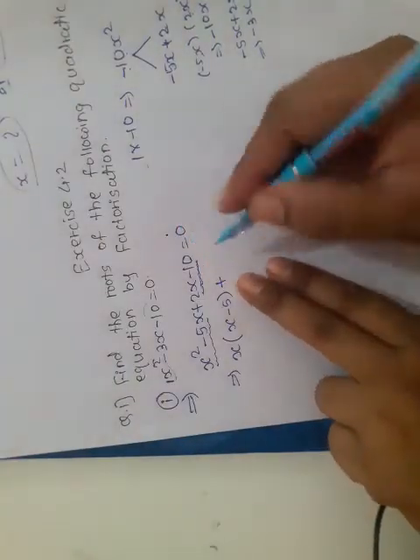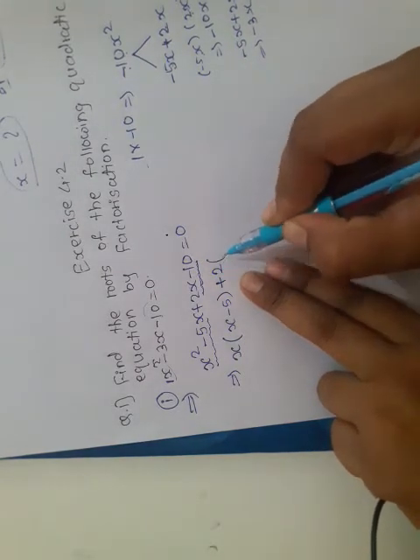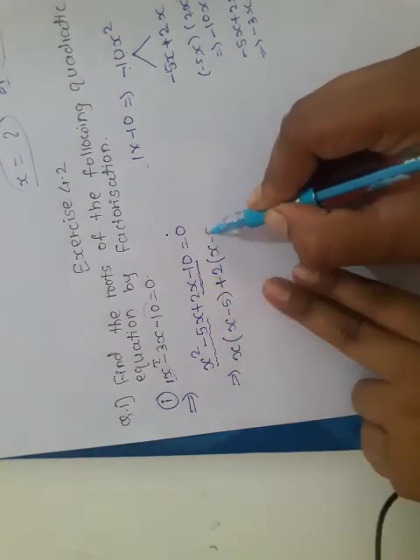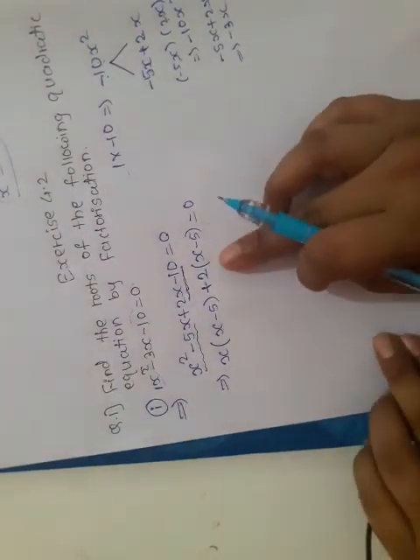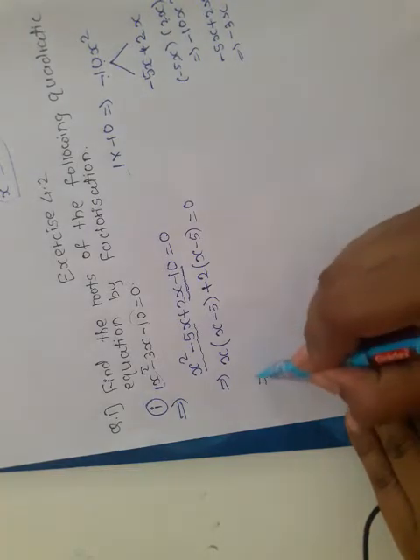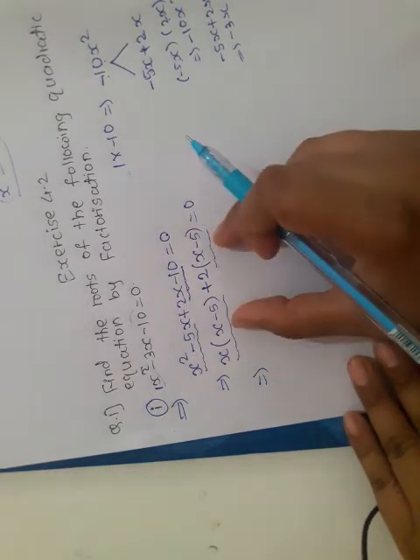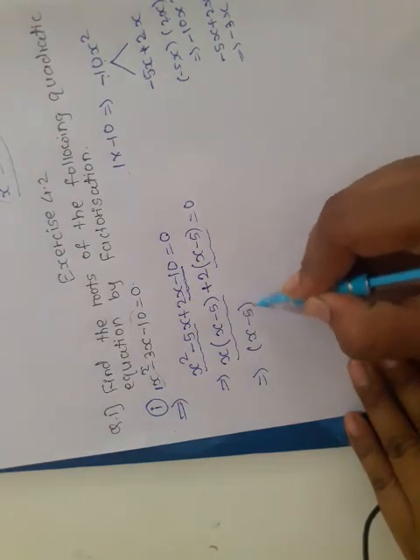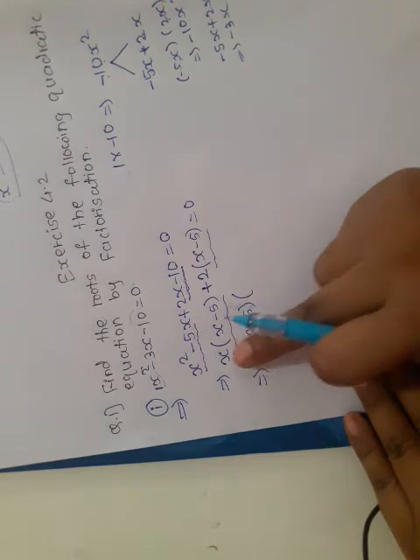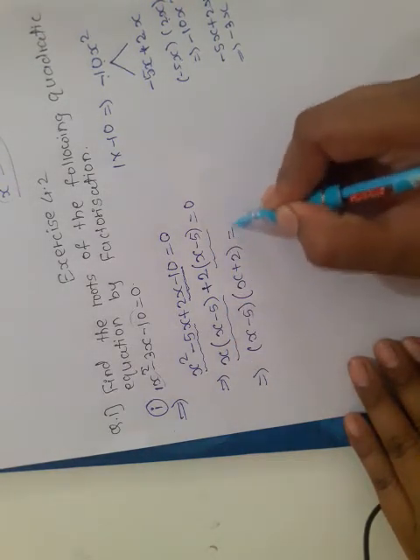Okay, if we take out 2 as a common, then we get positive 2 outside, and in bracket x minus 5 is remaining there. Okay, so in this way we can split the terms. Now see, in both this term and this term, x minus 5 is common, so take it outside, and now in the second bracket we get the remaining terms. So remaining terms are x plus 2 is equal to 0.